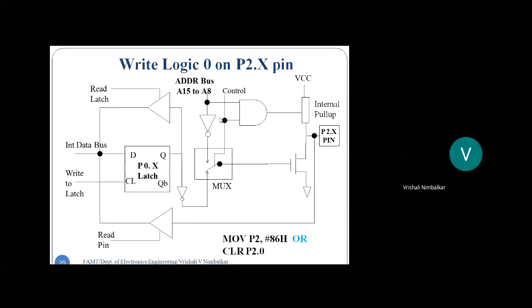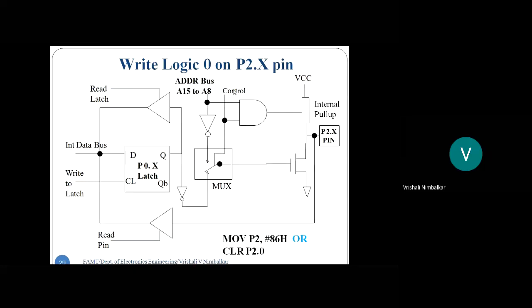See, we say decoding, right? What is the first operation that happens? Fetch the instruction, decode the instruction. And in that decoding, all these control signals get generated. Read the latch, read the pin, this control signal, right? All these control signals are getting activated during the decoding phase and the execution phase.